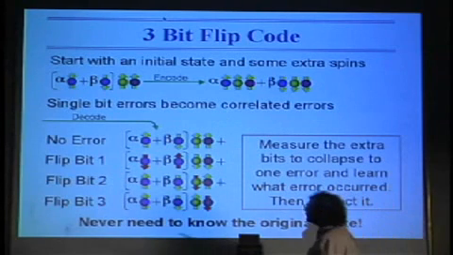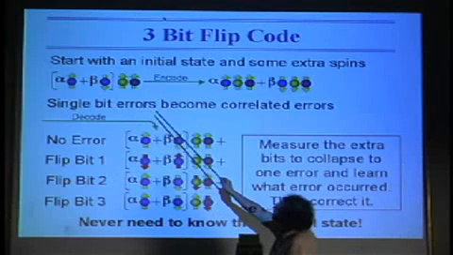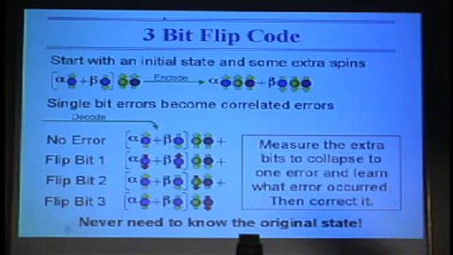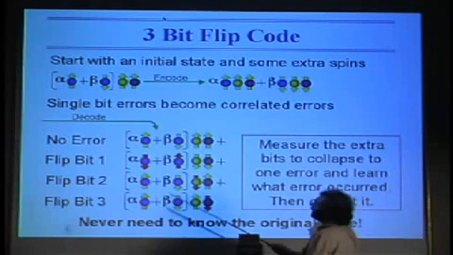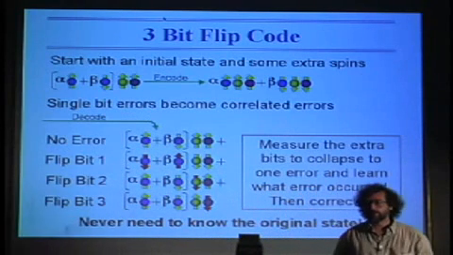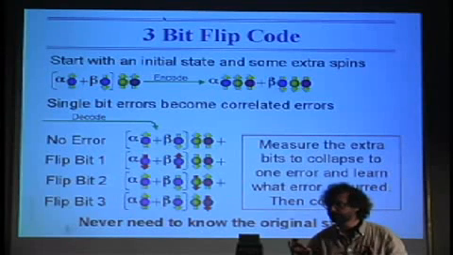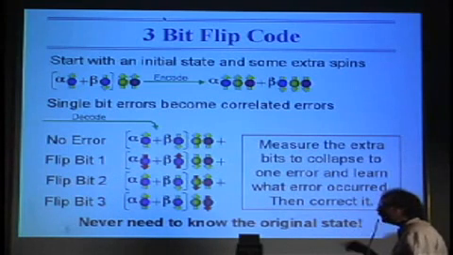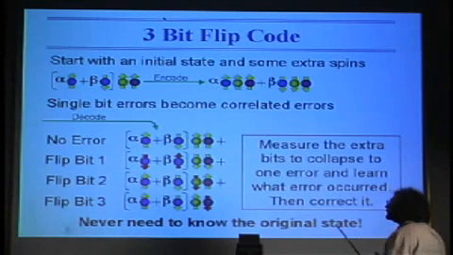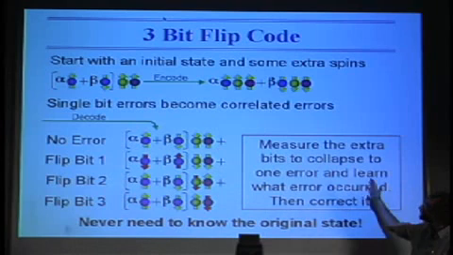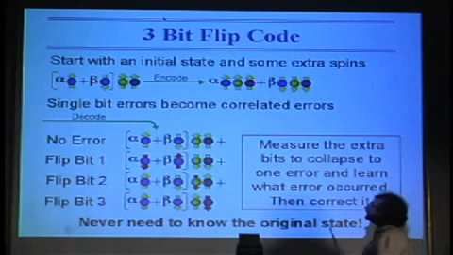And since we're experimentalists, we'll actually do this in practice. Okay, so we've got one spin, arbitrary state. I've added two ancilla. What I'm going to code against here is a simple spin flip error. I'm going to allow a spin flip to occur on the spin of interest or on any of the ancilla that I would like. And I'm going to code this information for an infinitesimal time. Okay, so I want to worry about whether no spin flip occurred or a single spin flip occurred. If we're looking at processes where multiple spin flips occurred, then of course we would have to have additional ancilla. I'll talk about that in a second. But we're looking at spin flips.